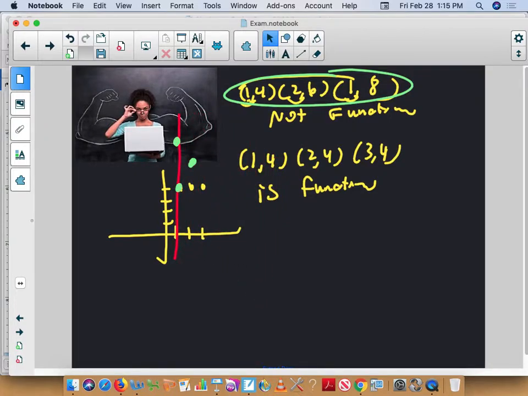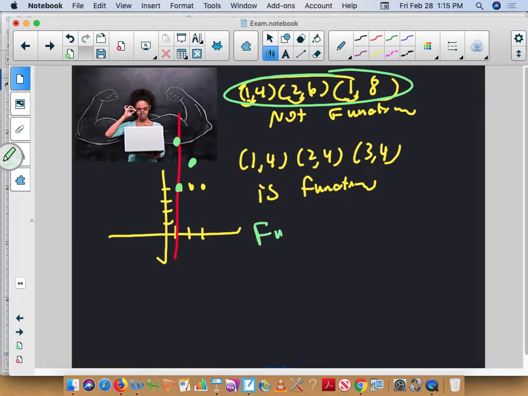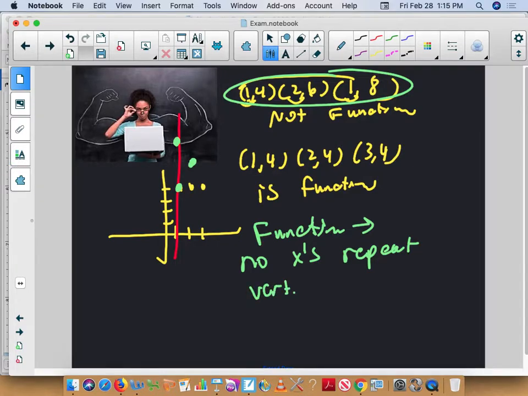Okay. So 2 things to know about a function. No x's can repeat. If you have a list of points, if you have a graph, it has to pass the vertical line test. But doesn't the vertical line test tell you if x's repeat? Okay? The y's can repeat. We don't care. The x's cannot repeat. Okay? All right,